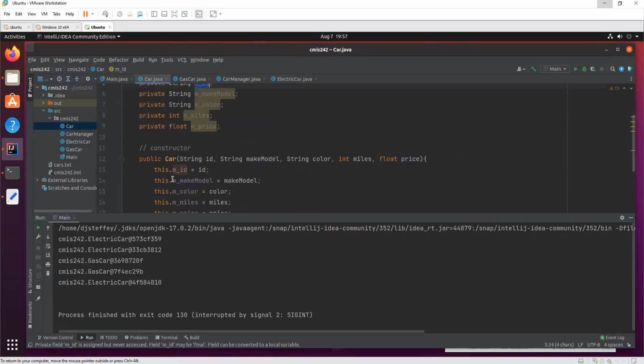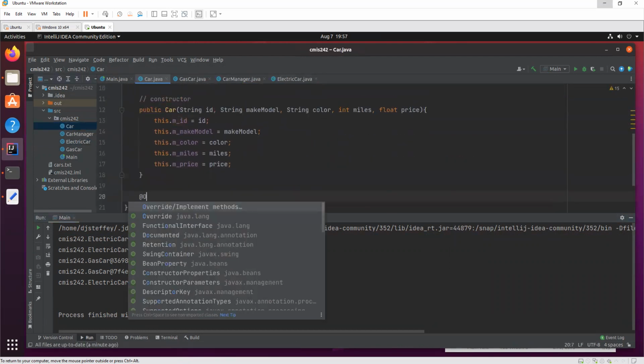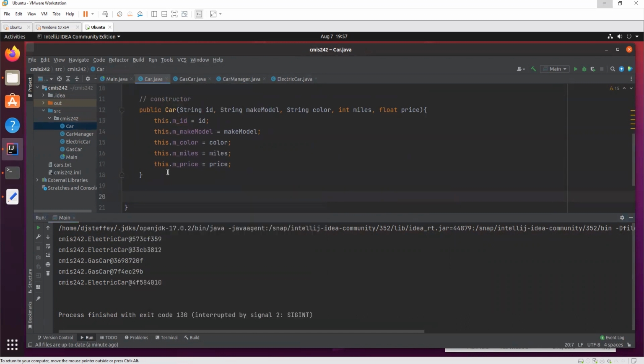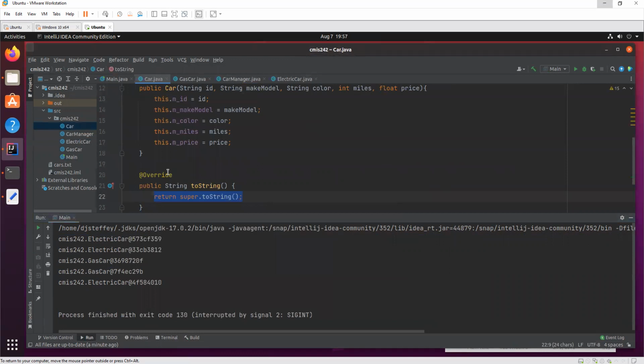So what we have to do, we have to put a toString method here so that it understands how to print those out. toString. So let's do it like this. Let's say we print out the ID. What else do we have? This dot make model.